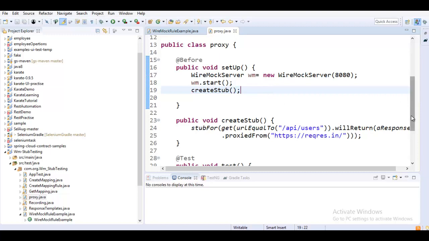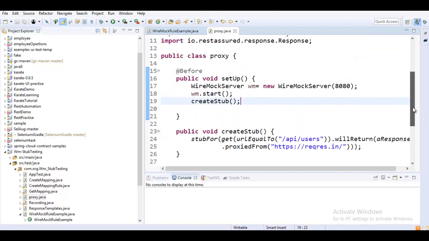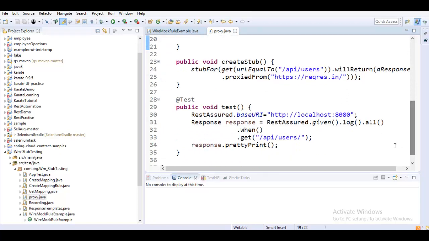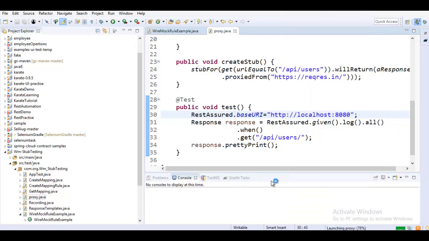So now what happens is that, before even my test case executes, it ensures that a WireMock server is running and my stub is being called, and then once my test case hits this localhost URL, WireMock will just consider this request and route it to the actual API. So however we are hitting this localhost, we should still be seeing the same response that we ideally see when we are reaching the actual host. So let me just right click and run as JUnit test to see how the response looks.